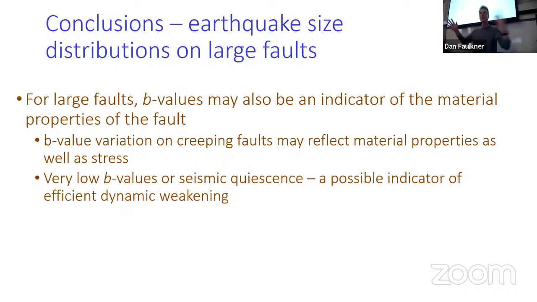But if we want to think about natural seismicity, things that get up to magnitude 4, 5, 6, then there's a whole set of different processes which will basically wipe out the effect of a minus b. Dynamic weakening mechanisms basically tell you how much the stress drops during your slip event. The faster you slide, the more heat you produce, the bigger that stress drop is, and you get more efficient dynamic weakening, which is analogous to slow slip, where a minus b tells you how much your fault will weaken as you start to slide it faster.